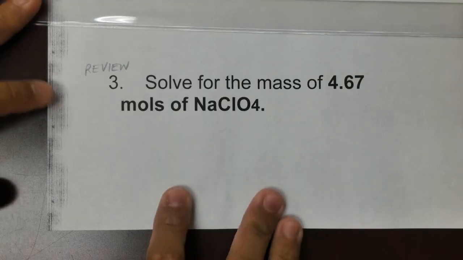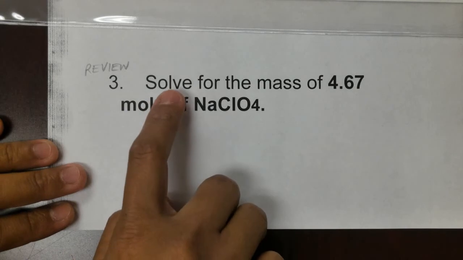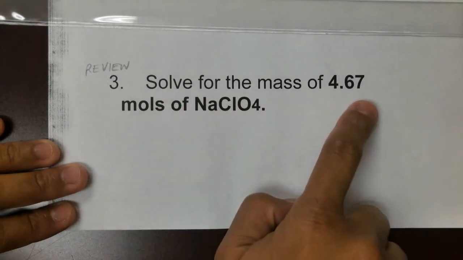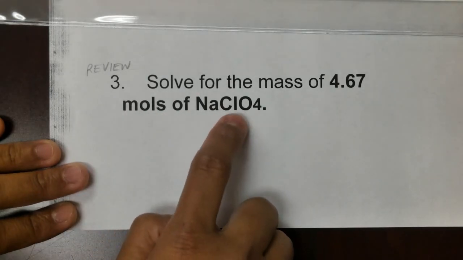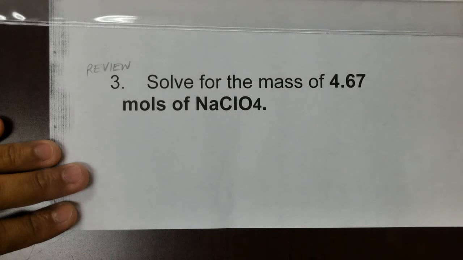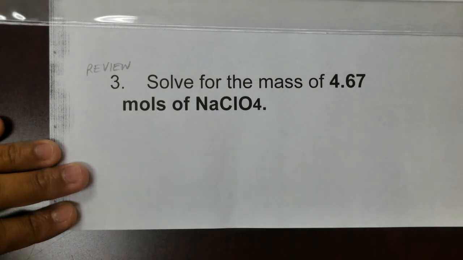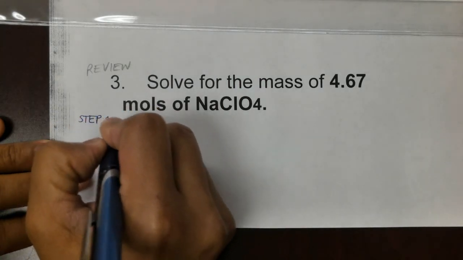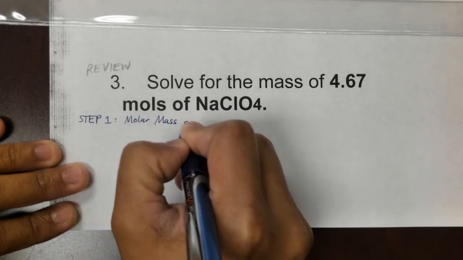So let's solve another problem here, our third problem, which is solve for the mass of 4.67 moles of NaClO4. Take note, this is a Cl, not a Ci. This is a small letter L. So Cl is one element here. So let's proceed to the very first step, step 1, which is calculating for the molar mass of